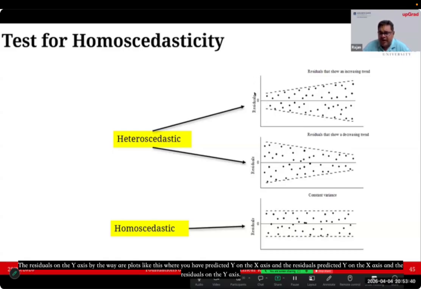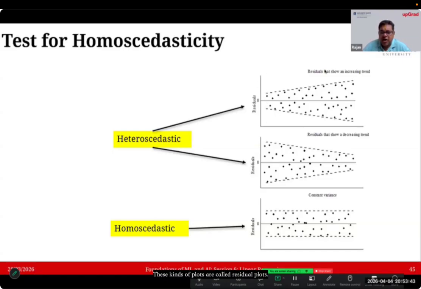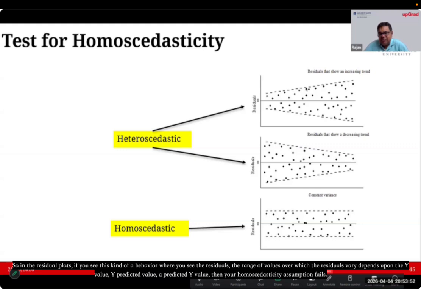and the residuals on the y-axis. These kinds of plots are called residual plots. Now, since I know odds is equal to p over 1 minus p, therefore, I can calculate this P. P is equal to odds over 1 plus odds. Right? Odds over 1 plus odds, which is the probability. In the residual plots, if you see this kind of a behavior, where you see the residuals vary over the range of values,